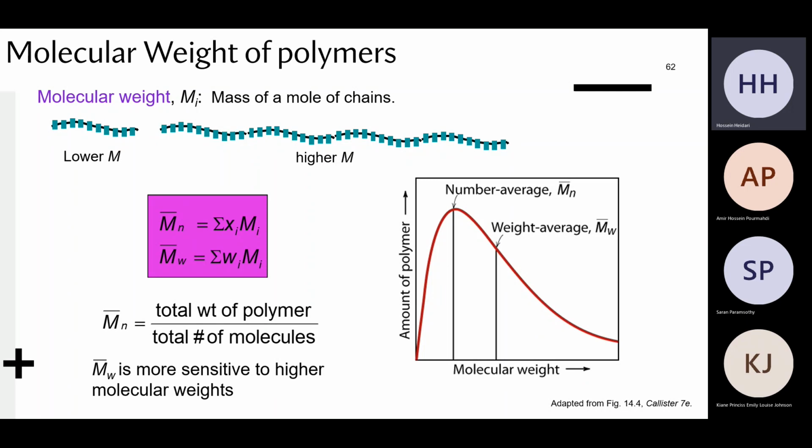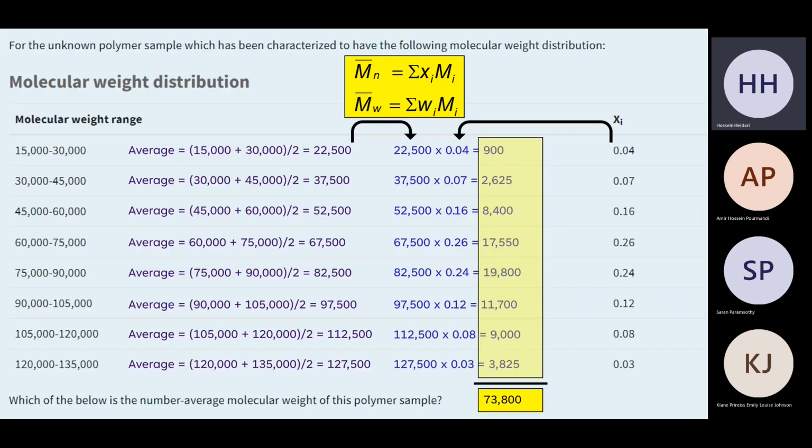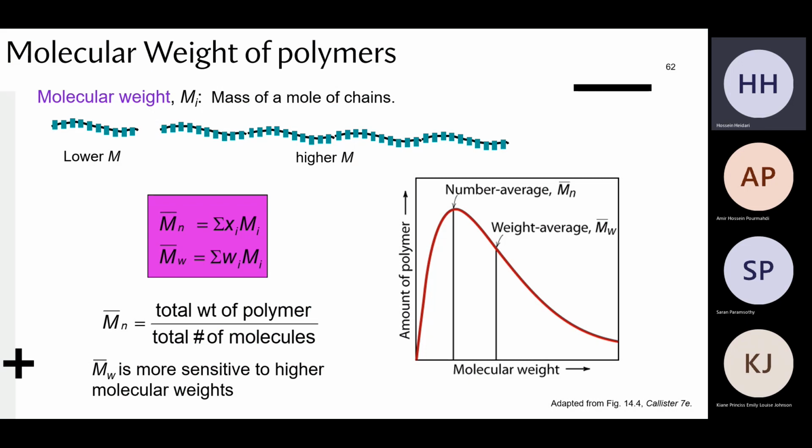When you're taking the weight average, what happens is that you're looking at the weight of that subpopulation. So you're looking at the weight of this particular subpopulation over the overall weight. And because by nature they weigh more, they're the heavier molecules, they're going to have a greater say in the entire average. So that's why you have this. So these can be very much symmetric, but you'll see that the weight average and the number average do not align. Okay, is that clear to everyone?